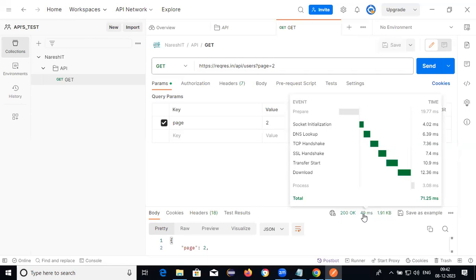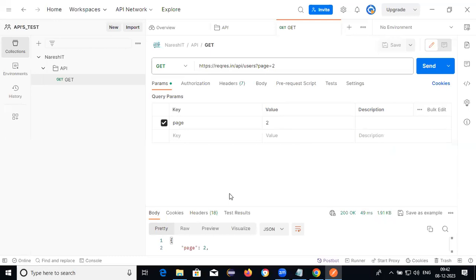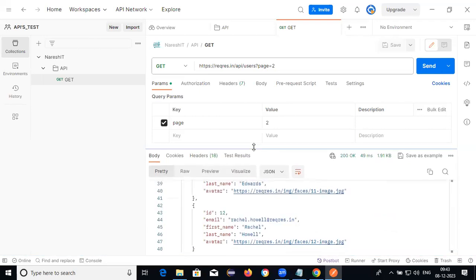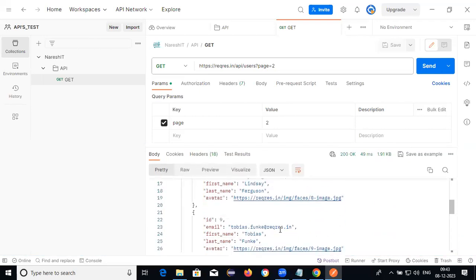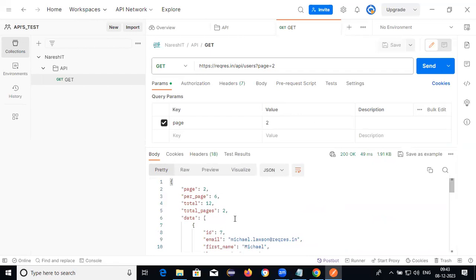The next one is the response body. See, you guys observe. This is the response body. Page number 2, see what the query parameter is. Page number 2. Total 12 is there.